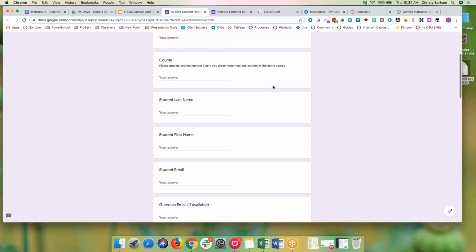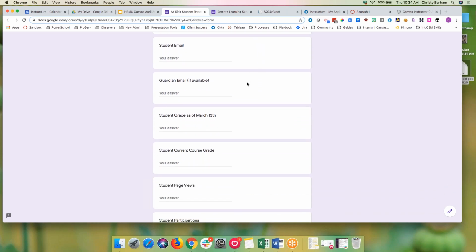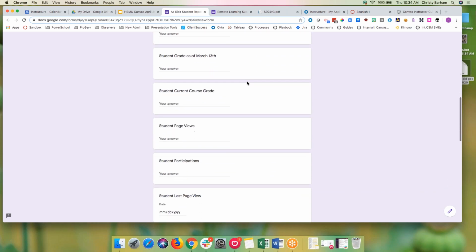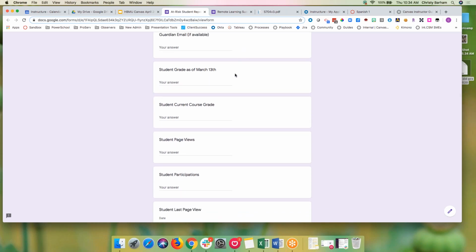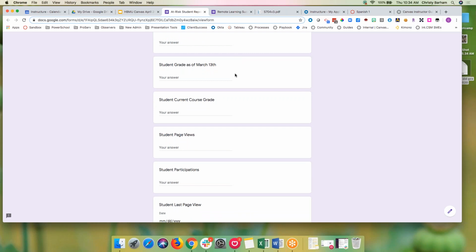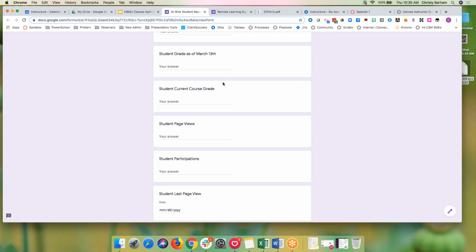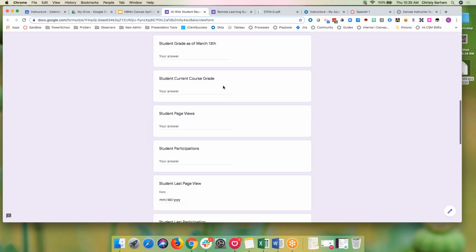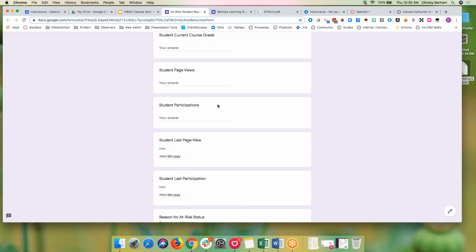giving some general information about the teacher, the course, the students, contact information if available, especially for guardians if necessary. And then asking some more detailed information that, again, the teacher certainly has access to. That student grade as of March 13th or whatever date that you're using, student current course grade, student page views,